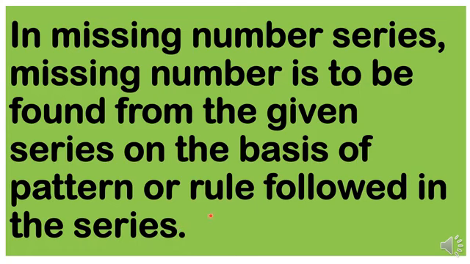Which rule do you have to take? You have to simply take the pattern or the rule which is followed continuously in the given series. जो सीरीज में पहले से ही फॉलो करता हुआ जो रूल आ रहा है उसी को आपने फॉलो करना है, उसी पैटर्न को आपने फॉलो करना है, और उसी पैटर्न को फॉलो करते हुए जो नंबर उसमें मिस है, you have to find them out. So let us take an example. An example will clear your definition as well as the concept.